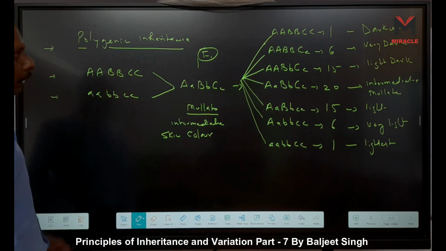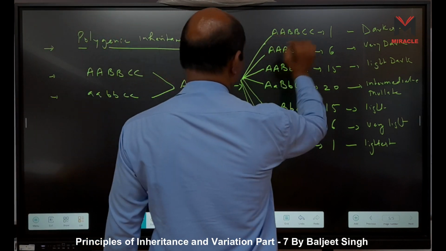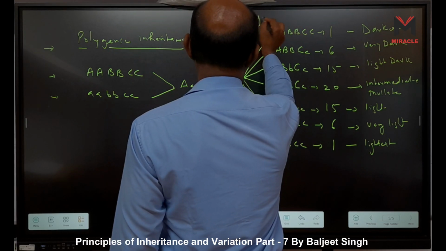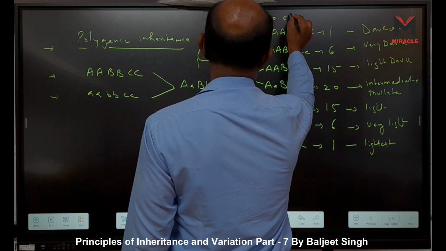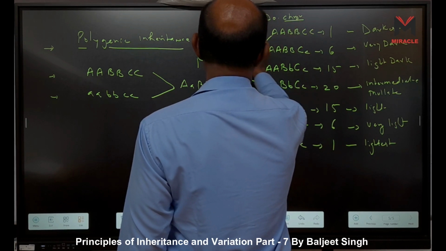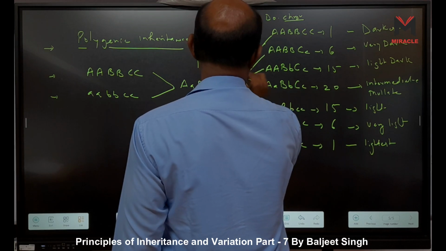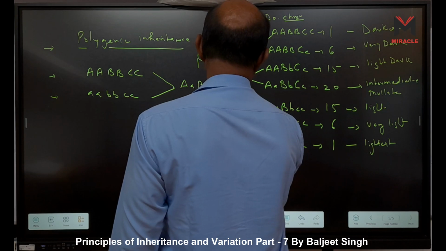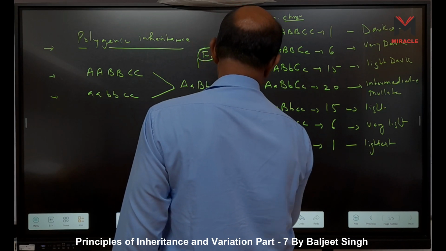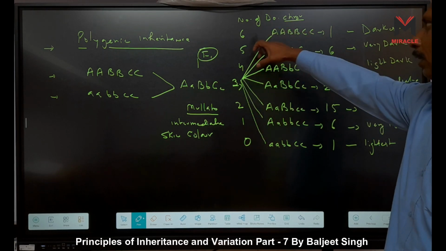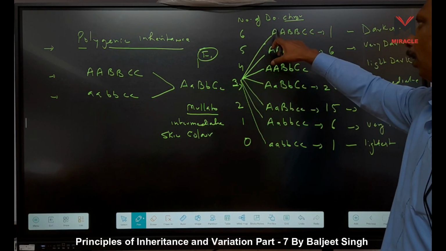So this means it totally depends upon the number of genes. You can see here the number of dominant characters, dominant genes we can say. How many are there? 6 here, 5 here, 4 here, 3, right? 2, 1, 0. So when we see the number of dominant traits, you understand